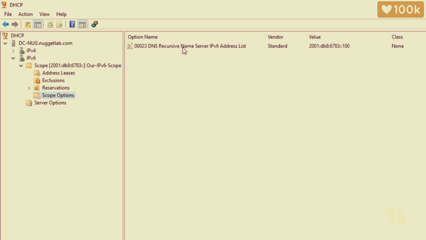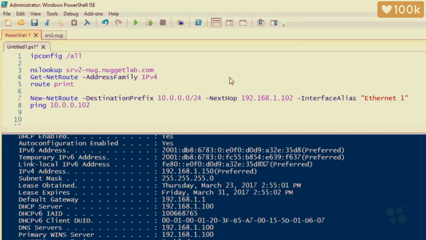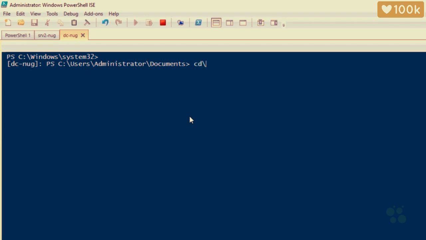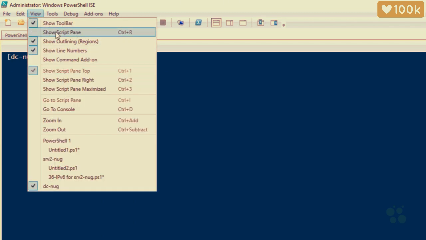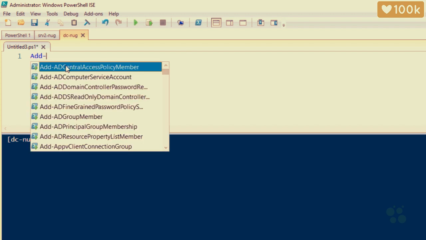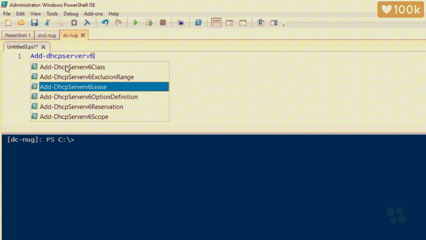Or if we wanted to create a scope with PowerShell, we could do that as well. In PowerShell, let's open up a remote tab with Control-Shift-R and connect over to DC-NUG. And we'll do a CD / and a CLS to get a little more real estate. We'll do a view and show scripting pane. And if we wanted to add a DHCP server v6 scope here, the command would be Add-DhcpServerv6Scope